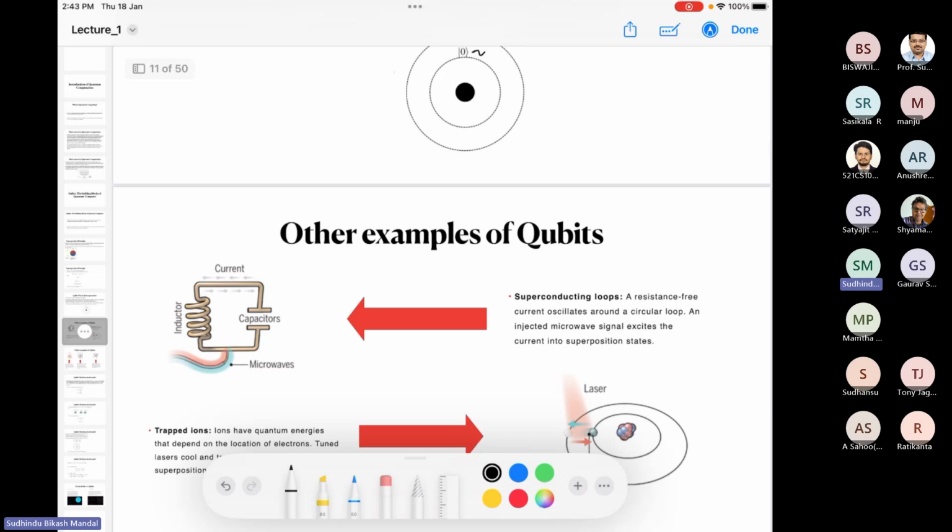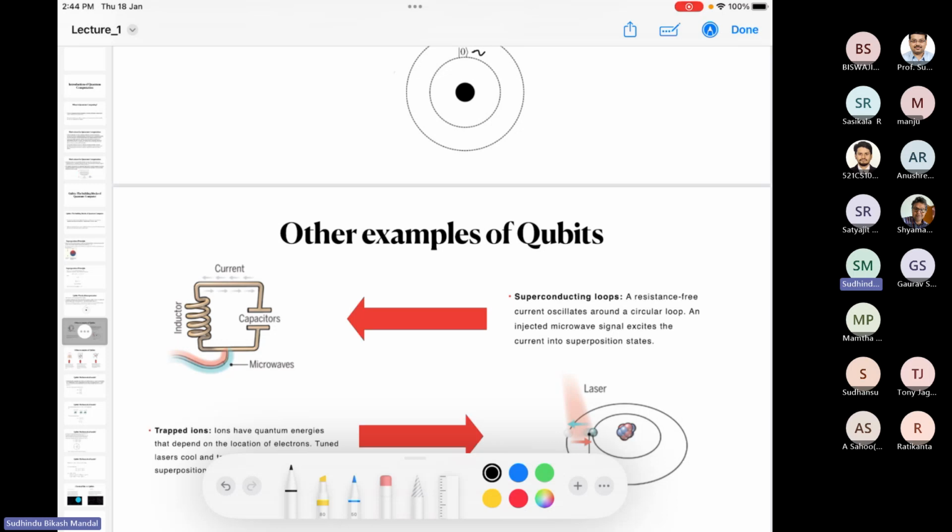I'm talking about some examples of this qubit, but I'm not a physicist, so I can't go into the deeper details of how to prepare a qubit. But I can say that in our office there is an experimental setup of a superconducting qubit. At the end I will show some pictures of this lab.